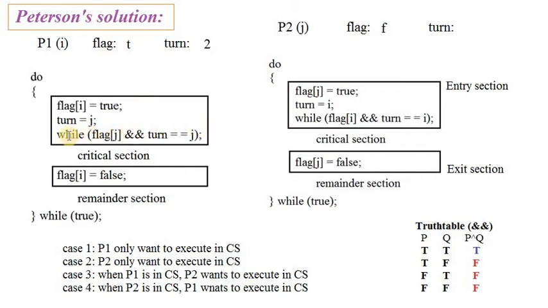Whenever the condition gets failed, the while loop doesn't execute its body. That means the condition is false here, it should not enter into the while loop. But here the while loop doesn't contain any body, because it is ended with a semicolon. That means there is no while loop body, and we can skip this while loop and enter into the critical section. That means now program 1 is directly allowed into the critical section to execute its statements.